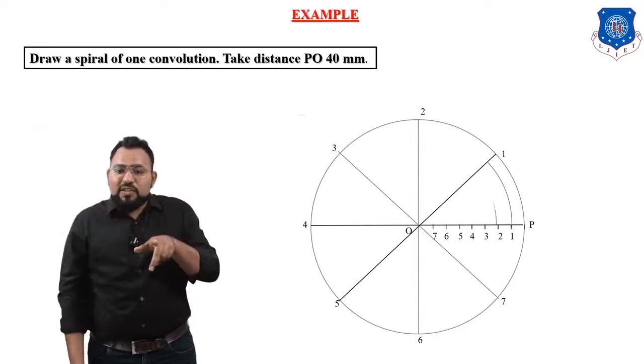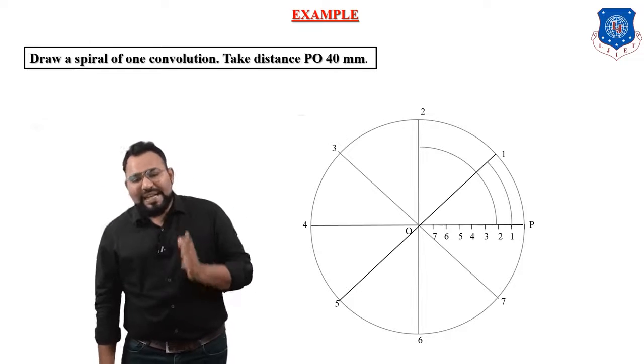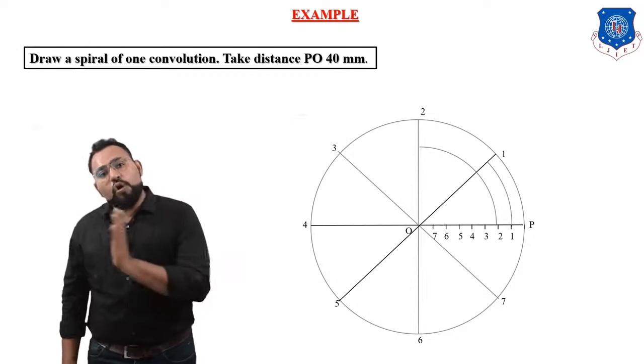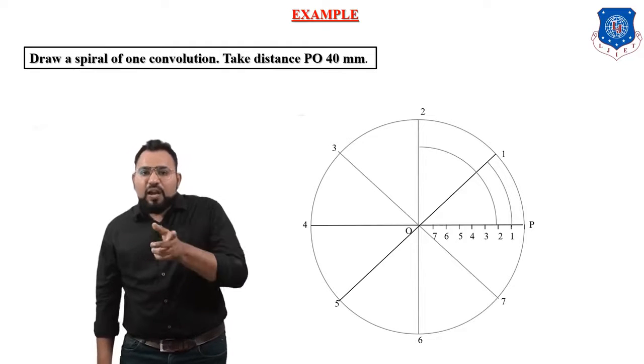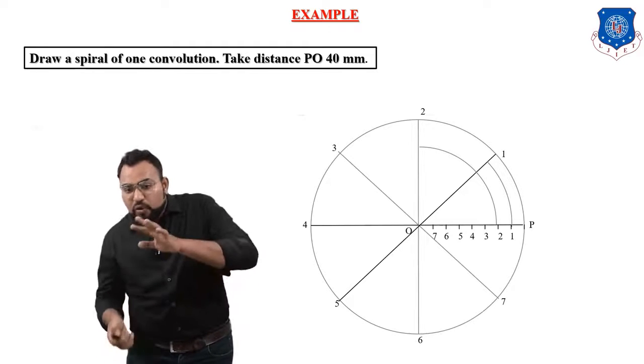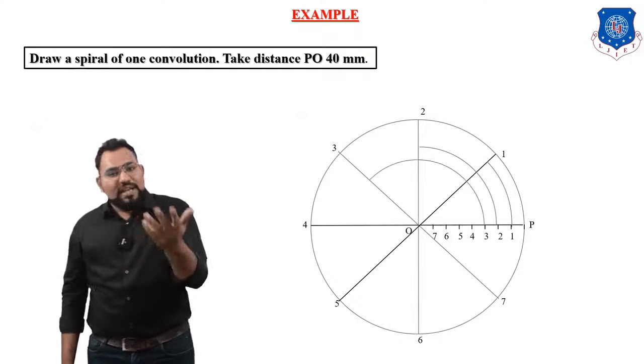So up to second division of circle like this. Again I'm going to repeat the same process. Take a distance equal to O23 and O as a center, put an arc on the third division of circle. So you have to put an arc up to third division of circle like this. Okay. Now same for fourth point.